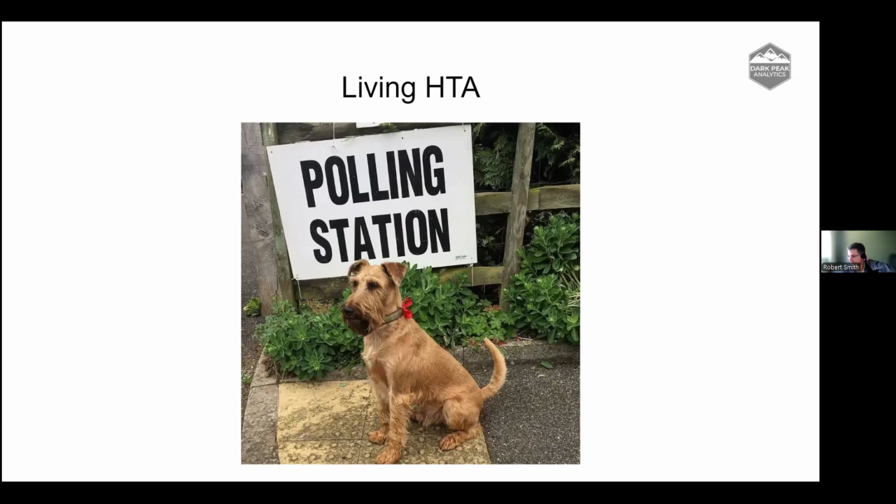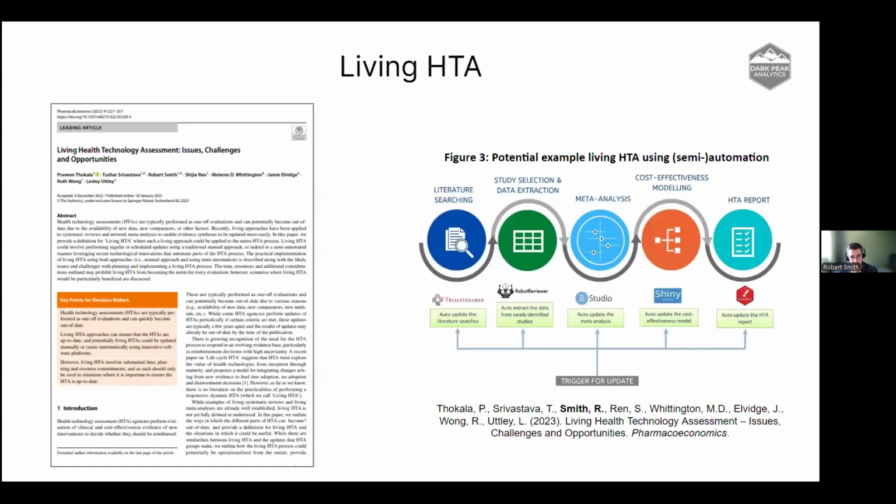Okay, so I'm conscious on time, so I'll go through this one maybe a little bit quicker. In part because this is also getting way less traction than the Shiny user interfaces, and that's the topic of living HTA. So we published a couple of papers in 2022, 2023,